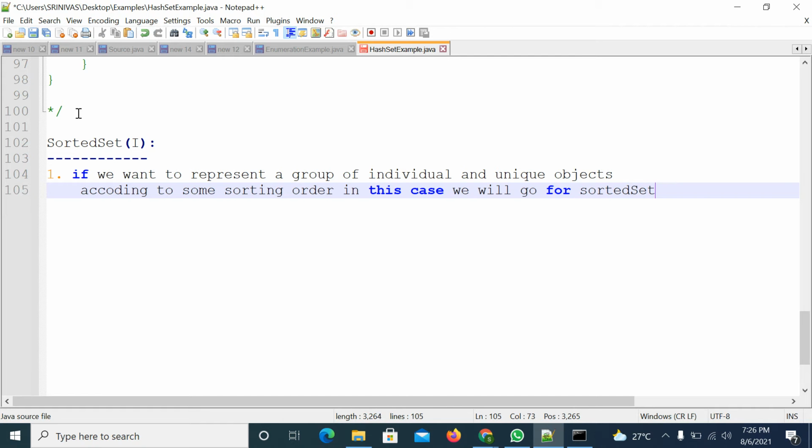I hope you are getting the point. Here you must maintain unique objects, different kinds of objects, that means duplicate data is not allowed.